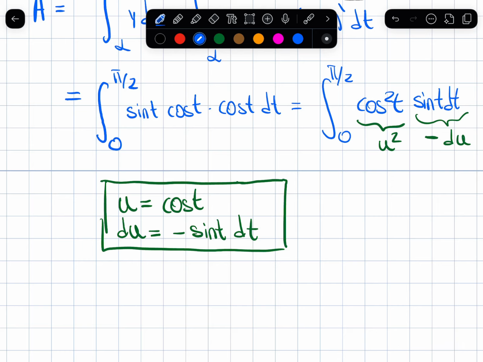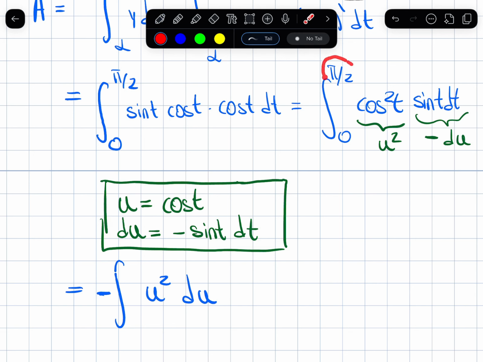Okay, so my integral then will be negative u squared du. Now I have a couple of choices here on how to handle the limits of integration. I can keep them as they are, and at the end just replace u with cosine of t again and just plug in pi over 2 and 0, or I can go and say, all right, when t equals 0, u is the cosine